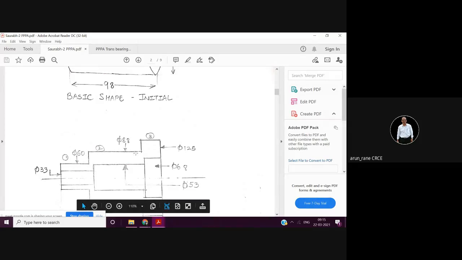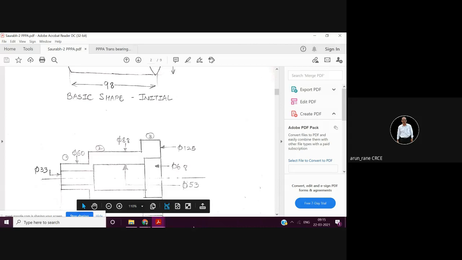So this is one part, this is two part, this is three part, and using simple formula, weight and density. Density you have to take it as 7.85 gram per centimeter cube. So make sure that you convert all these dimensions into centimeter. This is all millimeter. So 88 millimeter will be 8.8. 125 will be 12.5. So volume you will get in centimeter cube, and remember the weight you are going to get in gram, because the density is 7.85 gram per centimeter cube.